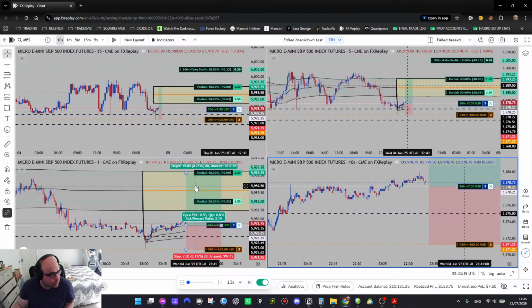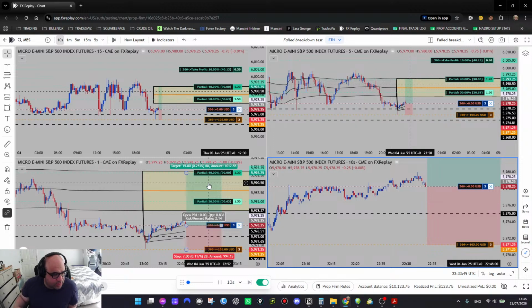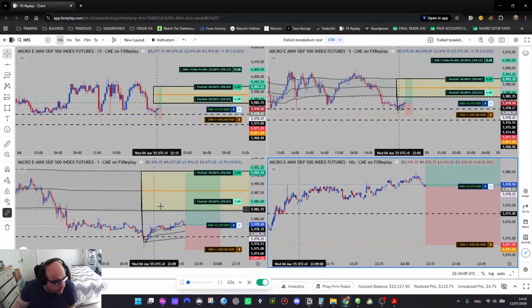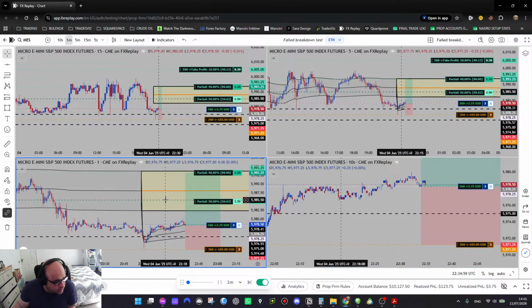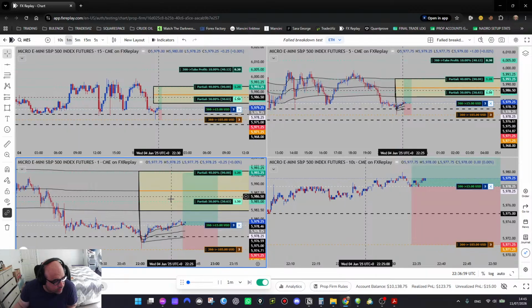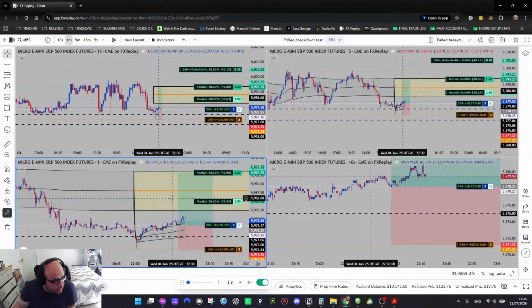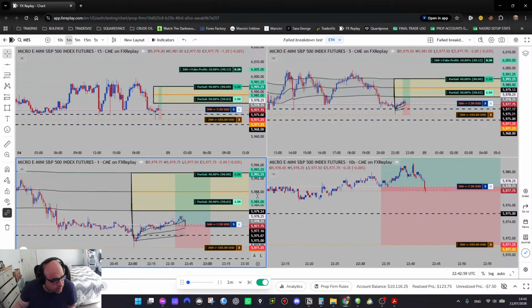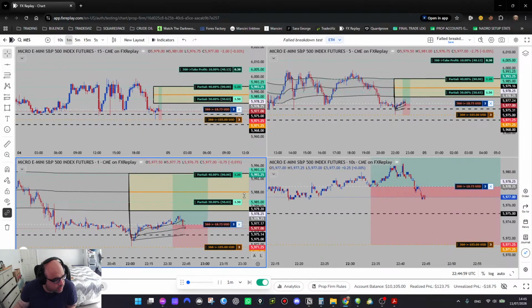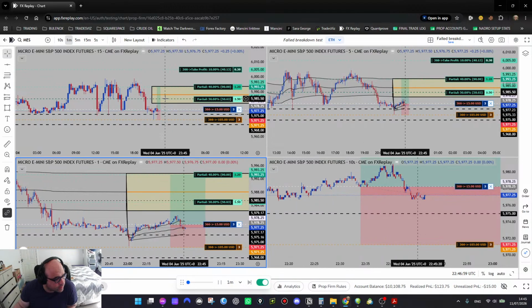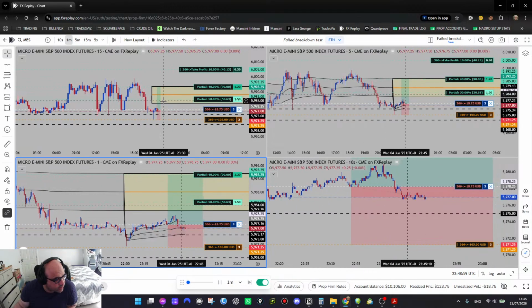As I said, we're going with three contracts. It's a bit risky because it's low volatility, but I want to test how far the market can go with three contracts. And if we can exploit the runner, why not? Now it's not the best idea for a runner, but you never know.